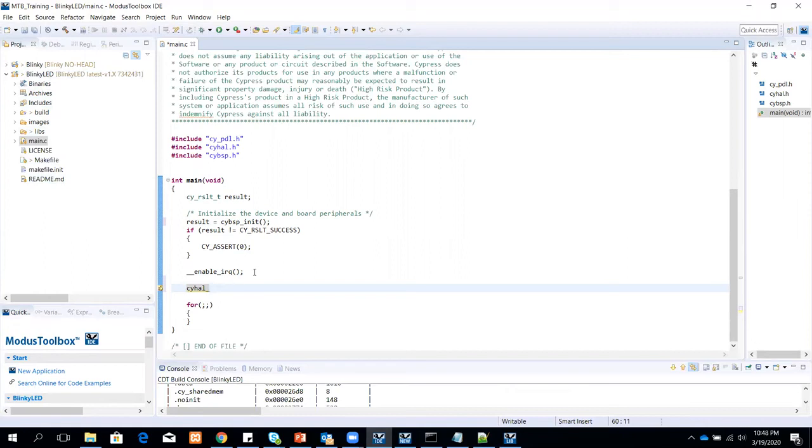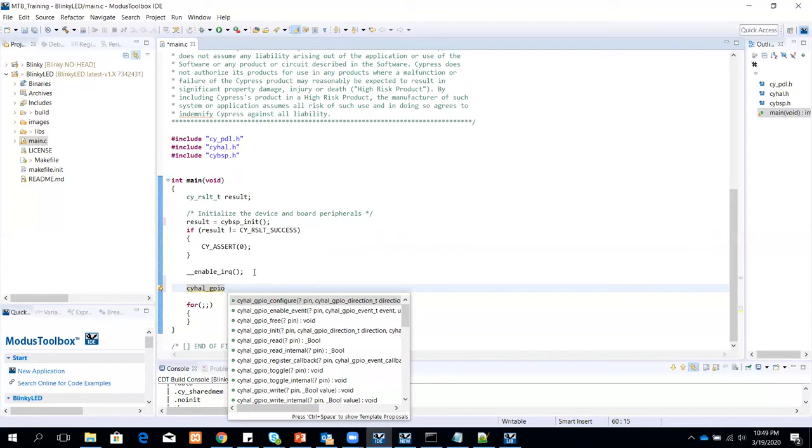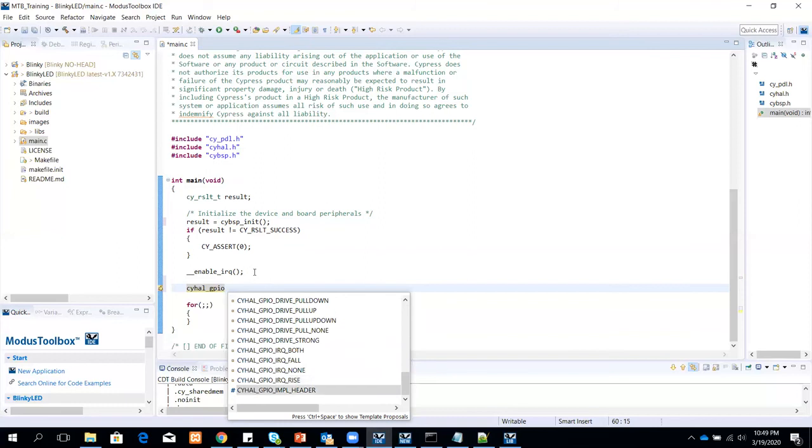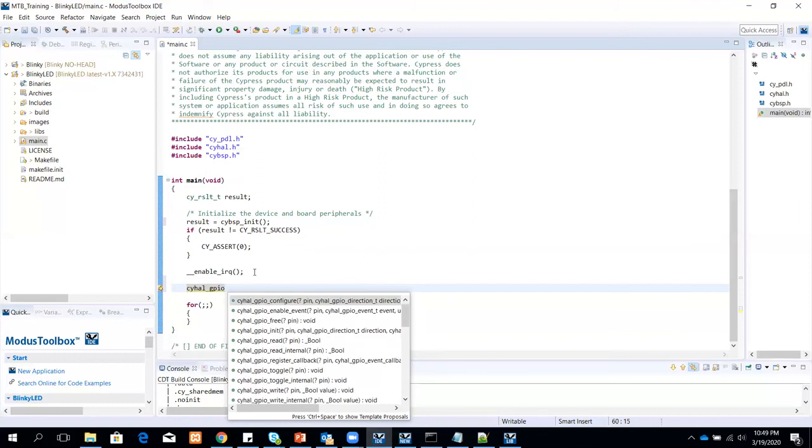Then, based on the block, let's say I want to interact with the GPIO. Let's blink an LED. The way you do it is you type in CYHAL underscore the driver name. Then if you press Control and space, which is a shortcut for auto completion, you will see the different APIs that are supported as part of the GPIO driver.